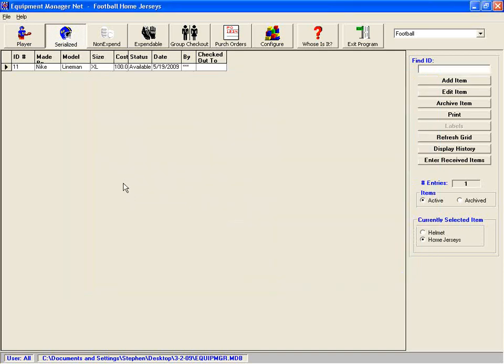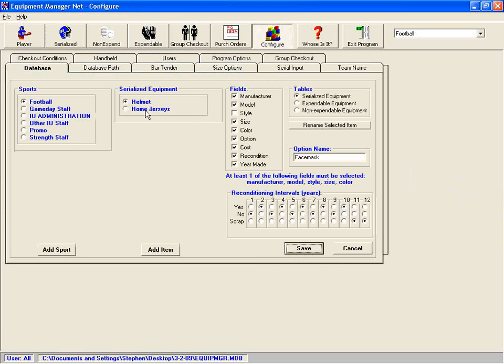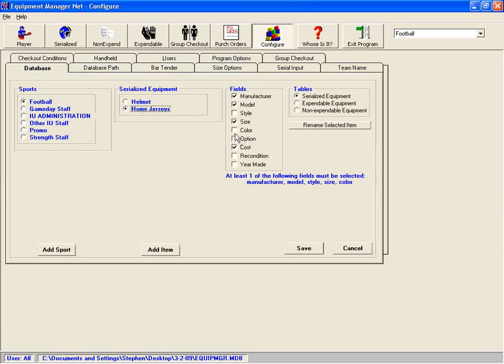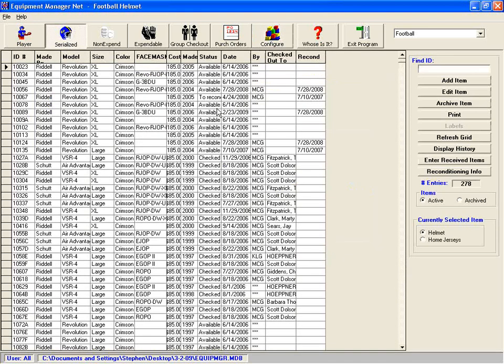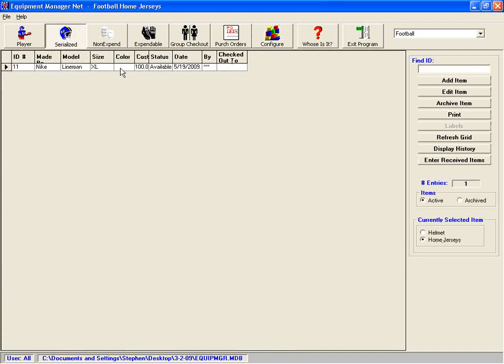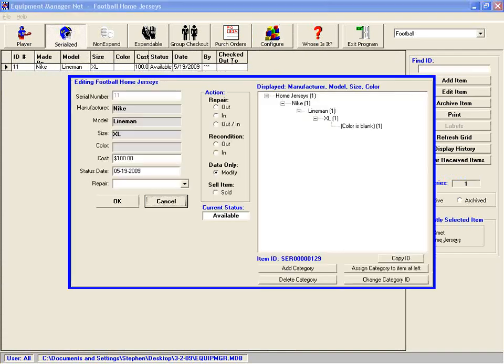Now, if you decide you want to go ahead and put the color in also, we can go back to configure once again, click on the home jerseys, and then add the color field. Once we click save, if we click on home jerseys, we can see there it is. So we can go on in,